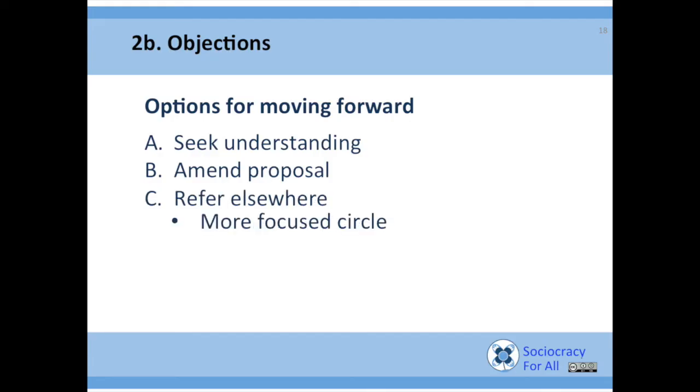You can have a more focused circle. Say you have finances, maybe you have a subgroup of finances, let them deal with it. Or ask them for feedback. You can go to your, what I call the mother circle. Help us, we don't know what to do. Do you have some input for us? You can form an ad hoc group, which in sociocracy is called a helping circle, to do some research or just, for 2 or 3 people to think it through. So not 7 people have to do it.